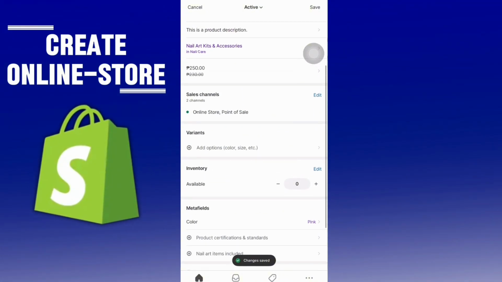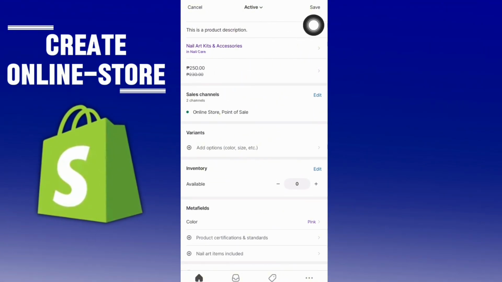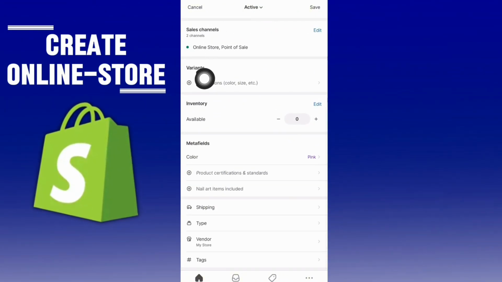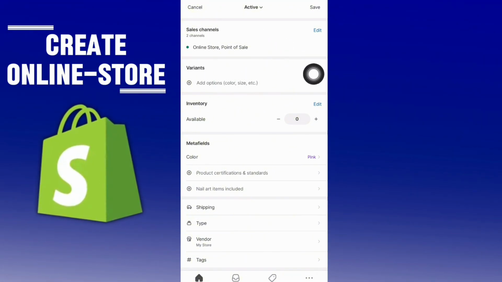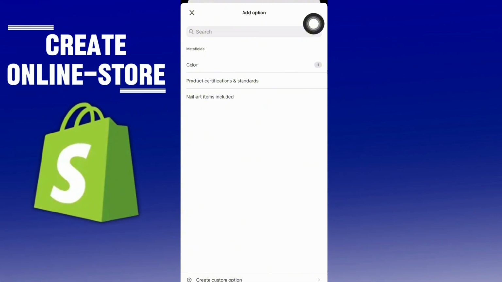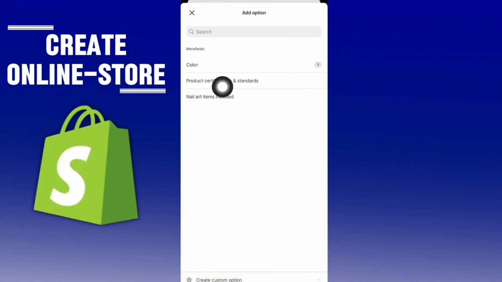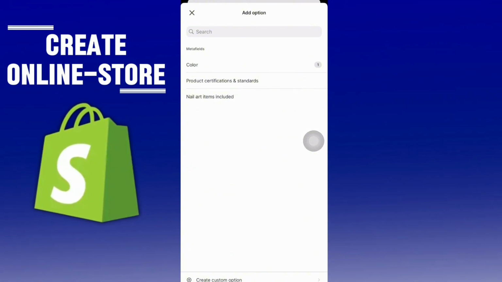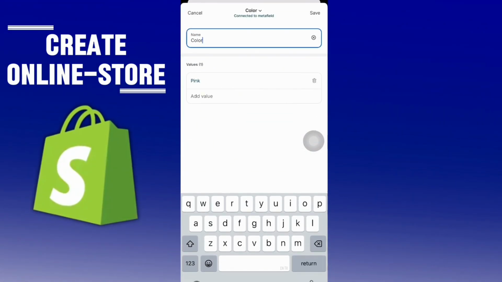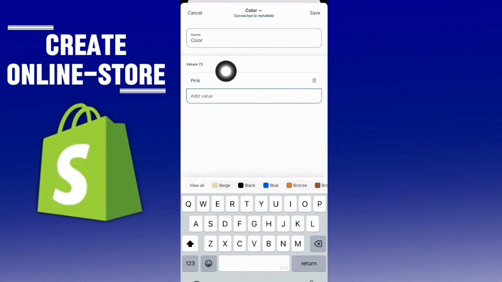Now, this is how it's going to look like. Now, you can have here sales channels, which you can add. For me, I'm just going to let it be as online store and point of sale. You can have other variants as well. You can have another color, product certifications, nail art items included, for different ones. Like for here, I'm just going to add color